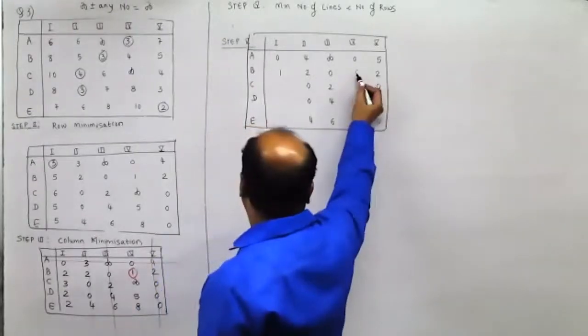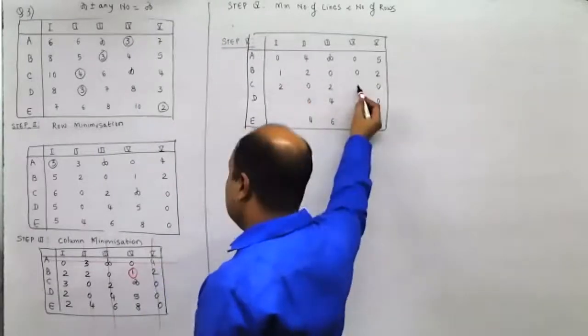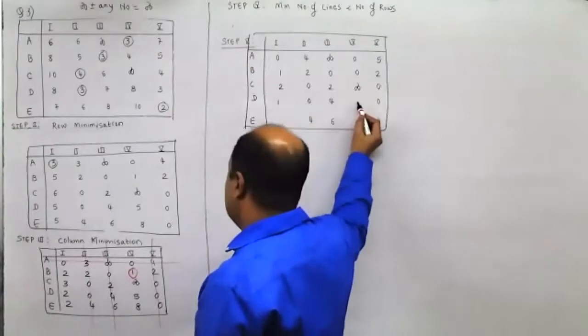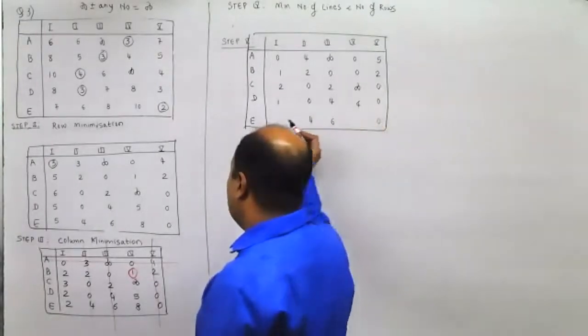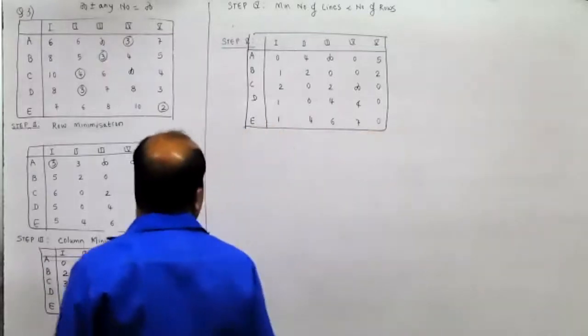1 minus 1 is 0. 3 minus 1 is 2. This is infinity. 2 minus 1 is 1. This is 5 minus 1 is 4. 2 minus 1 is 1. And 8 minus 1 is 7. Now,